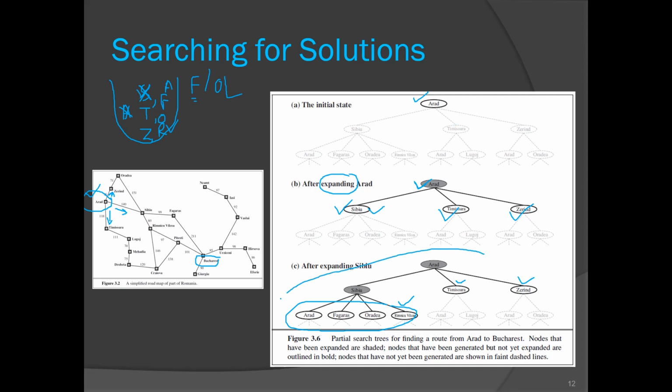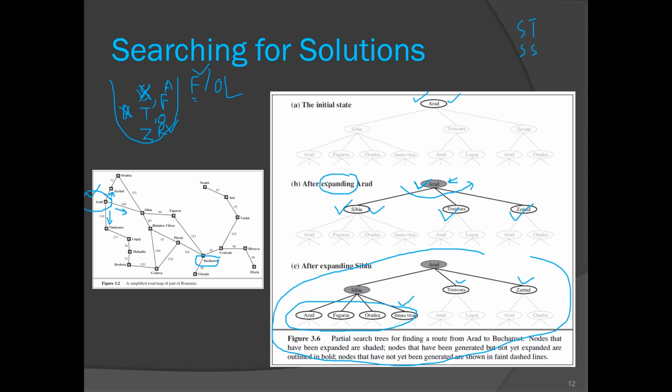So let's recall all the terminologies. The tree which is generated is known as a search tree. First terminology is search tree. The collection of all the nodes, these nodes are also known as states. The collection of all the nodes is known as state space. The root node will be our initial state. The branches will be the actions available for that particular state. So from Arad we have 3 actions possible, so those will be the branches. Frontier is the list where we keep all the nodes which are ready for getting expanded.